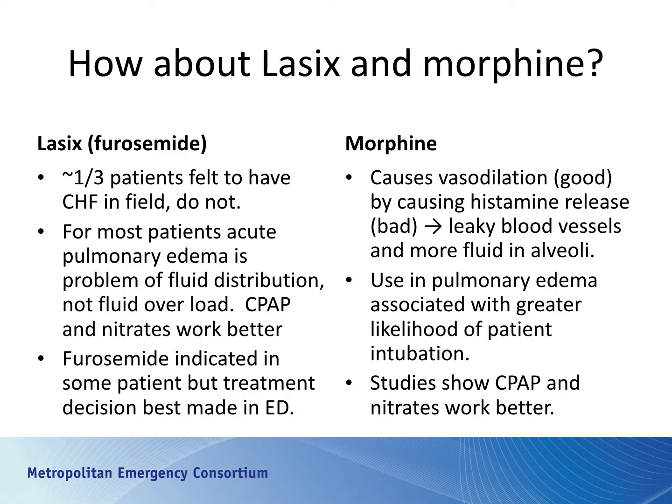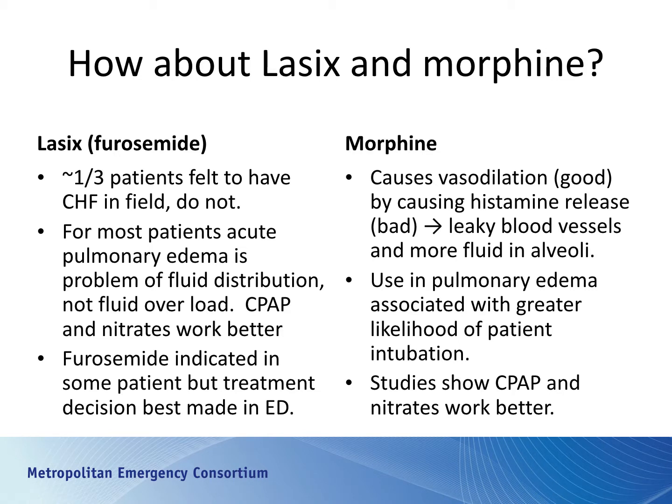So what about Lasix and morphine? These have been one of our cornerstones of treatment in years past. Lasix is used as a diuretic, and morphine has been used because it helps calm patients down and causes some vasodilatation, which has been seen or thought to be helpful to the patient. Well, we have taken Lasix off the truck, and we did that a couple years ago. There have been some articles out there to suggest that Lasix in the field may be detrimental to some of our patients,